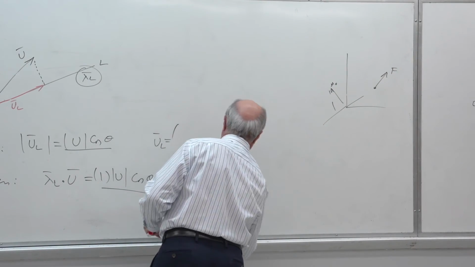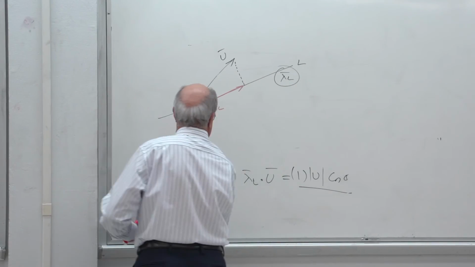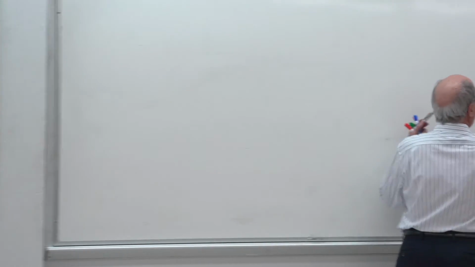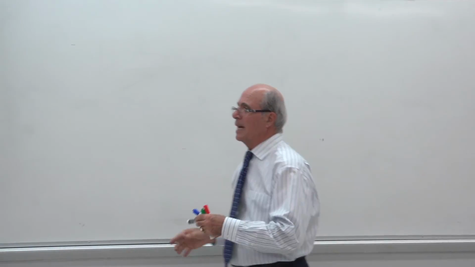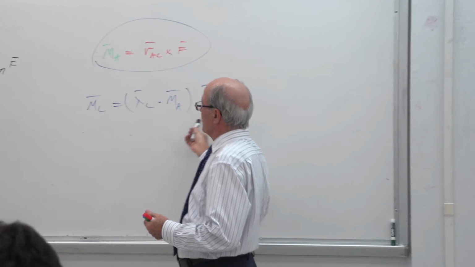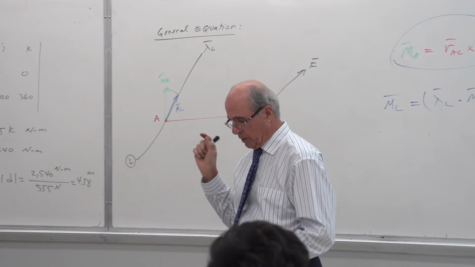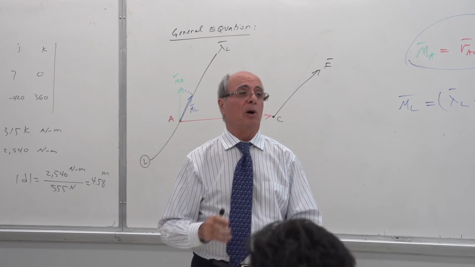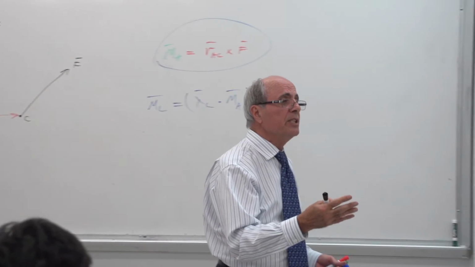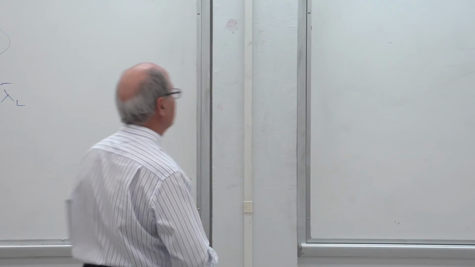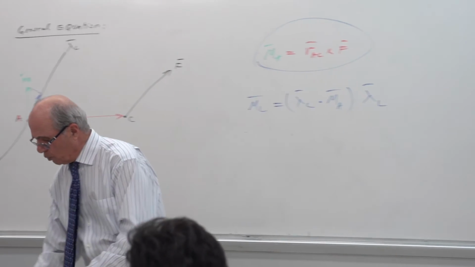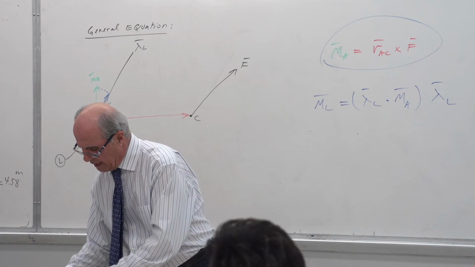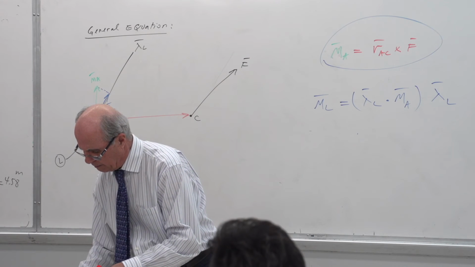Please write this example in your notes. This is an example. I believe I have given you only one general example because it doesn't have that much application, but the moment about the x, y, z axes is what you will need a lot in the future. Everybody understand that? So let's go to a general method. Let me see whether I have a problem here that can help you out.